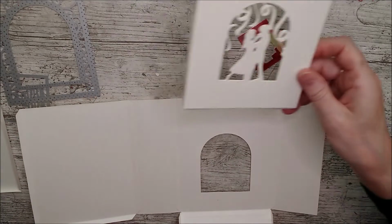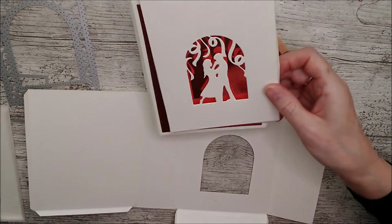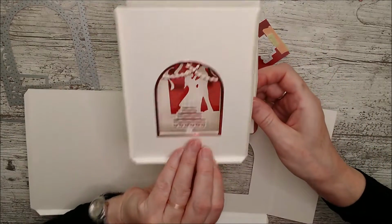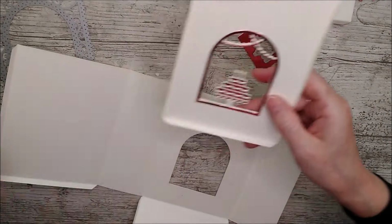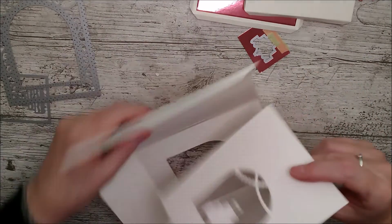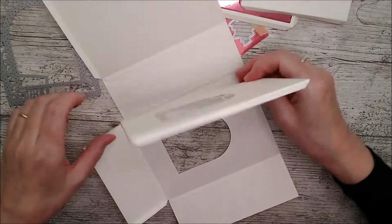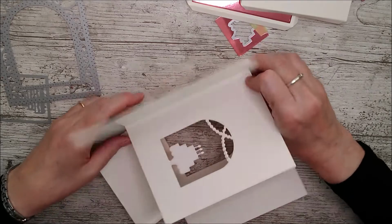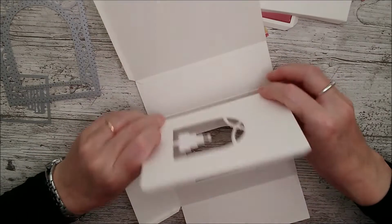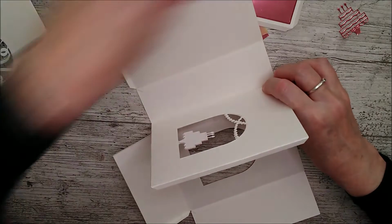So what I really want to do is have them with this shining through behind, and then the cake layered up in front, and all of that inside this lovely box. So I'm going to glue these tabs inside here in just the same way as I did for the other cards. So I'm going to start at this fold line and pop this one in along this edge here. I'm going to add glue along this edge, and then I'll add this one in behind and the next one,